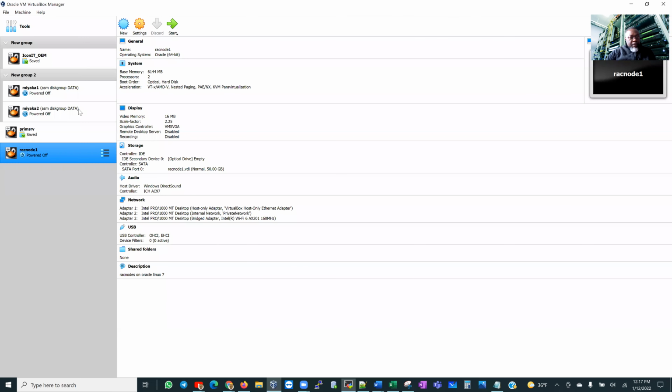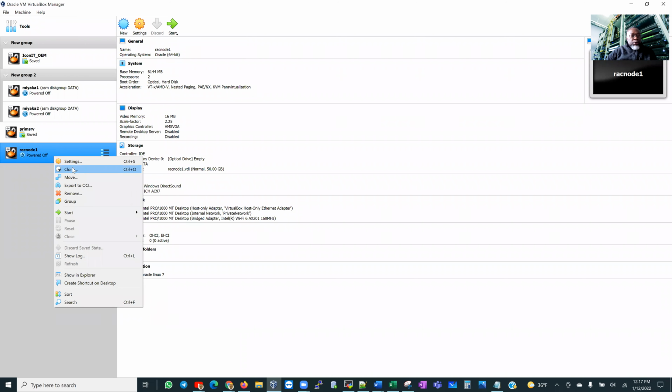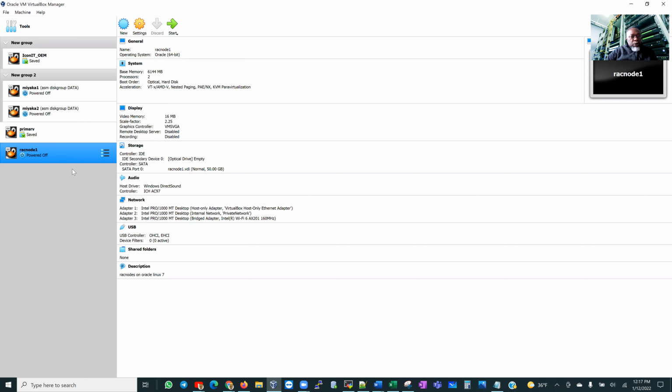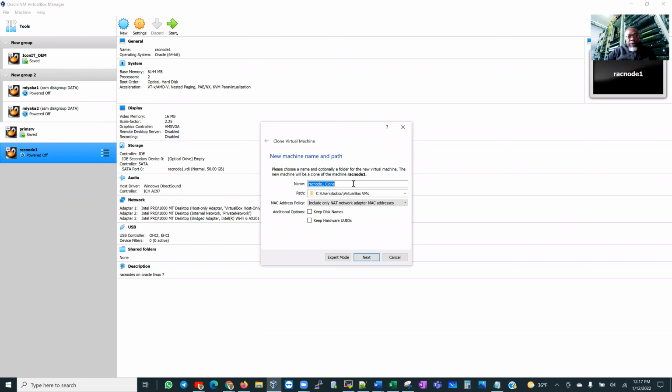So let's go over to our VirtualBox manager. Right now, we have this here. Anyway, we're still going to clone it. So we would clone this. And in the clone, I would not leave the name as RAC node 1, because I'm cloning it into a new server called RAC node 2, which would be the second node of our